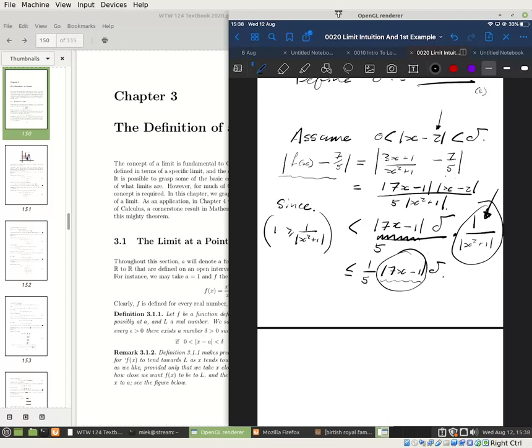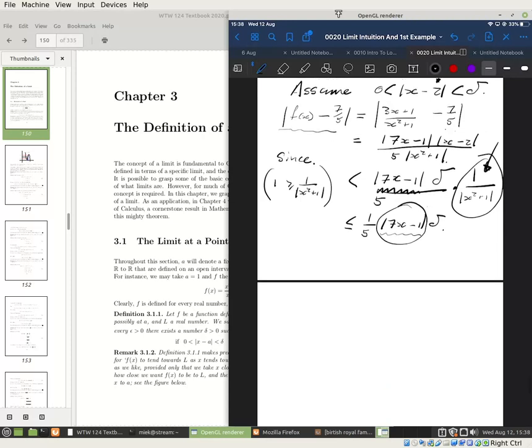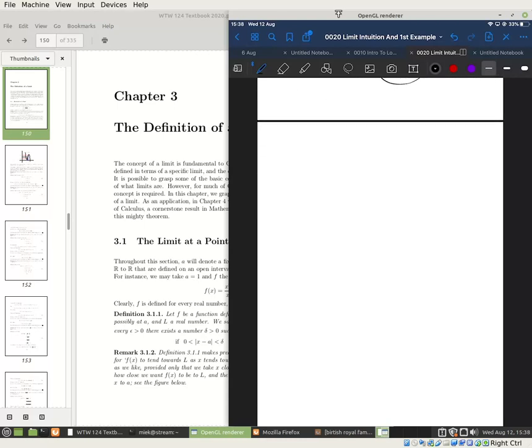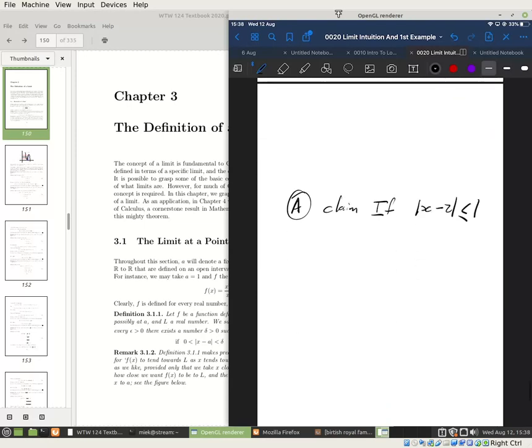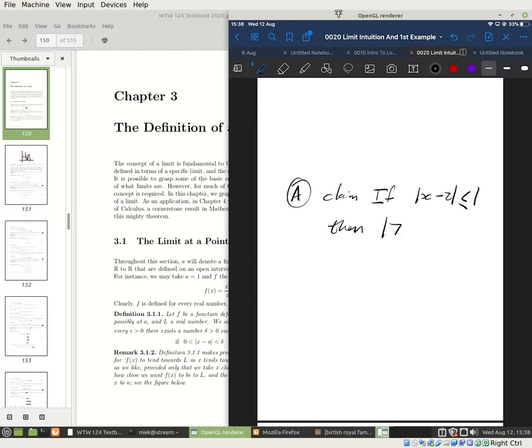So we are interested in the limit as x goes to 2. So let's write it down here. I'm going to say a. We claim that if |x - 2| is less than or equal to 1, then |7x - 1| is less than or equal to something. I'm going to leave that blank for the moment, and I'm going to show you a different method how to